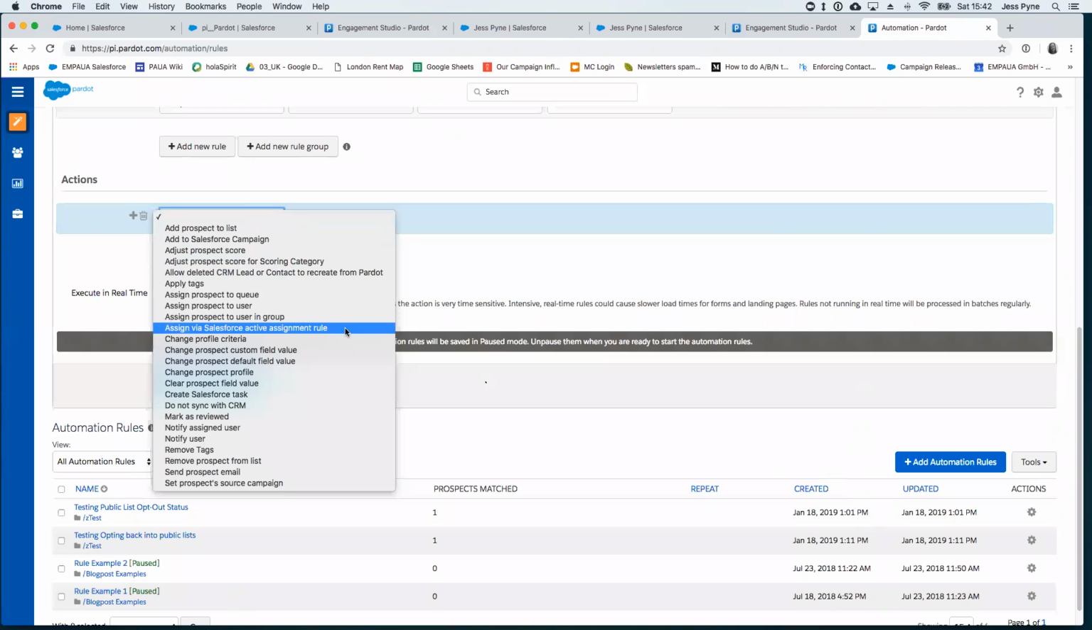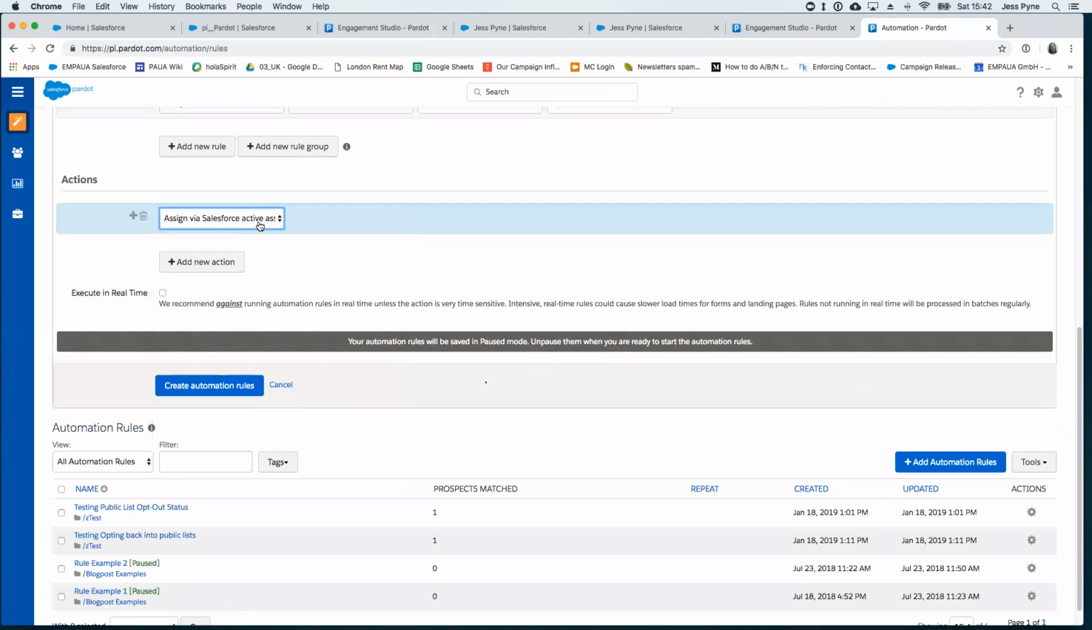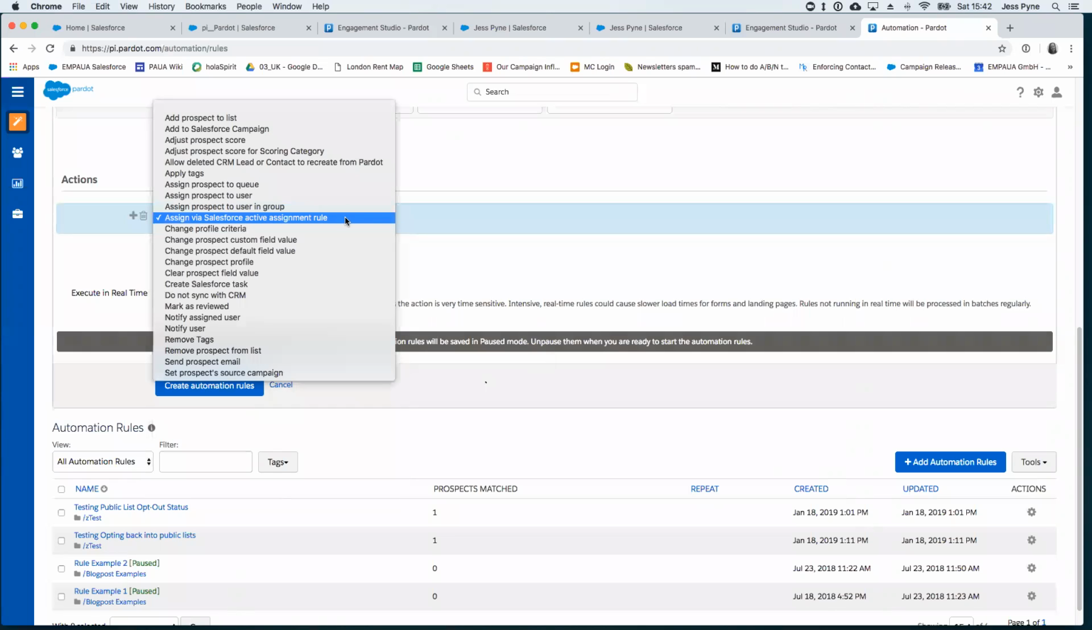Assign via the Salesforce active assignment rule. So this is a particularly useful one. If you've got assignment rules set up in Salesforce already, you don't want to be overriding them or skipping them. You can just push Pardot prospects to Salesforce to be created as leads, and they will then be assigned out using the assignment rules you've already got in place. So that's really helpful. But you can also do things like update field values, set them to not sync to Salesforce,